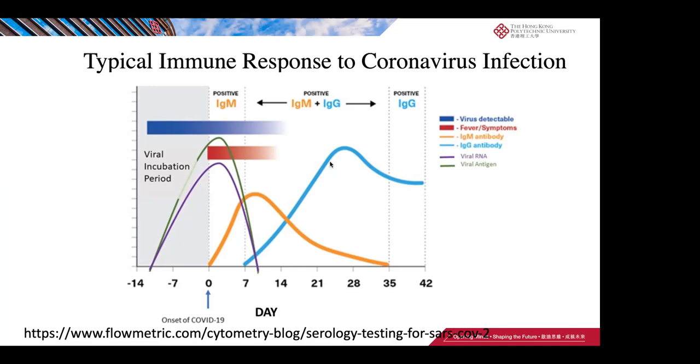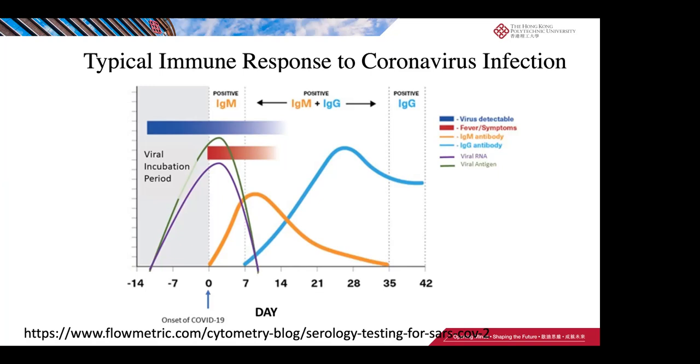This blue one is IgG. Those two would decay over time. The IgG and IgM antibodies would decay. So at some time, in some interval, using some testing machine, you would show that you have positive antibody against